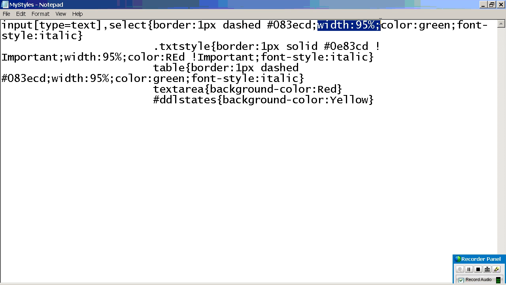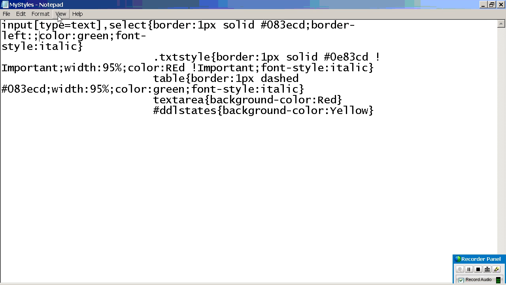Border: dashed solid. Border-left I am using 1 inch. You can give border for all sides, top, right, bottom, left. If you specify only for bottom, I am giving 3 pixels solid.